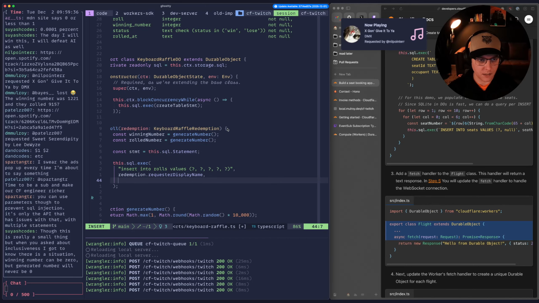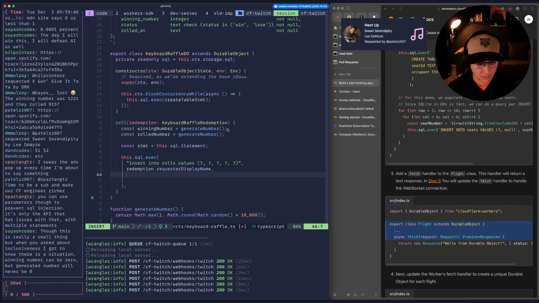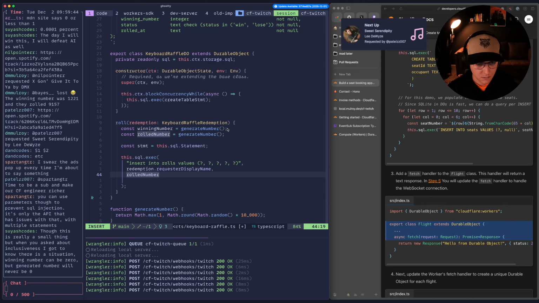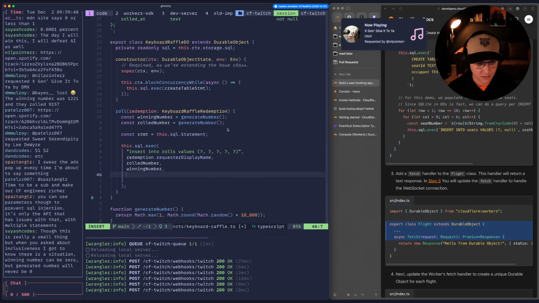Requester display name, role winning number, rolled number, winning number, status. Winning number equals rolled number equals, actually,